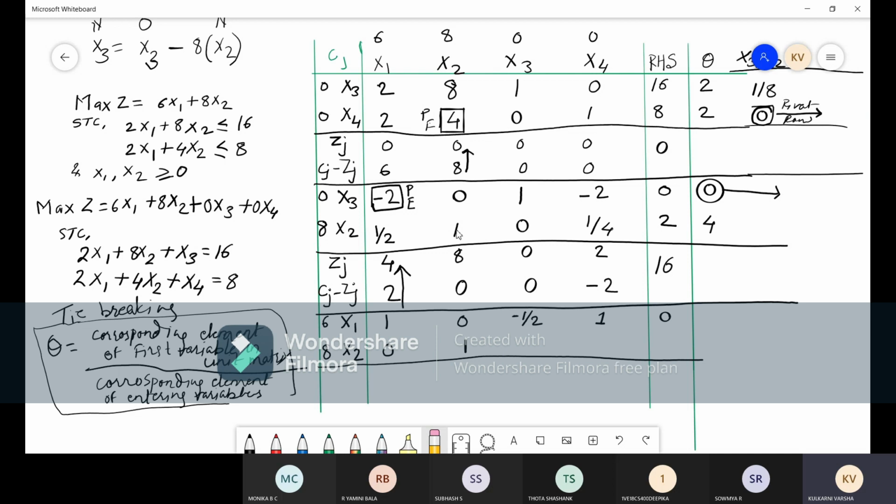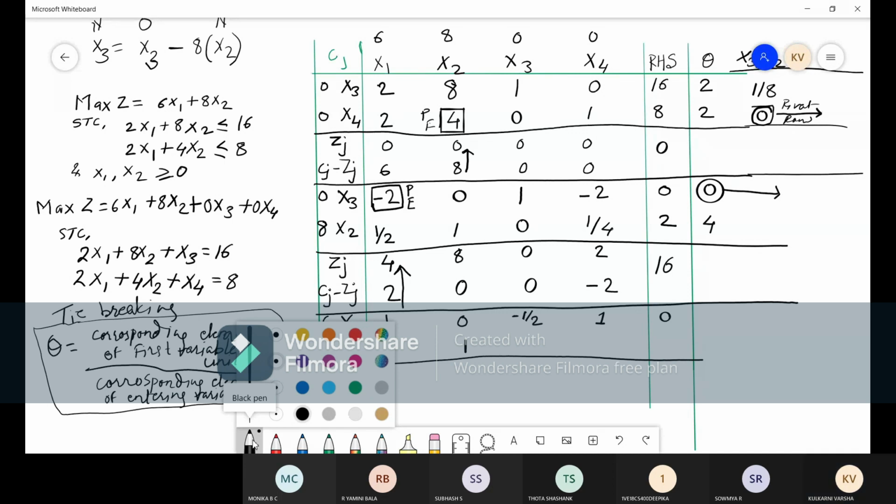So if you do this, you will get minus 1, sorry, plus 1 by 4, right? Plus or minus? You have to multiply this half by half, so it will be 1 by 4, and you have to subtract that 1 by 4 from 0. So 0 minus 1 by 4. So 0 plus 1 by 4. So it will be 1 by 4.